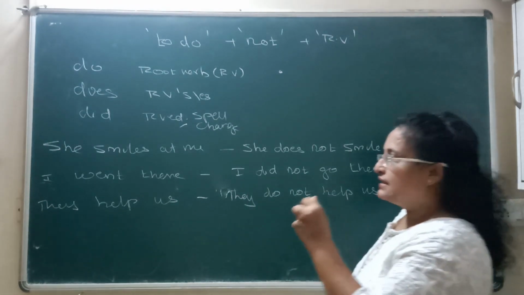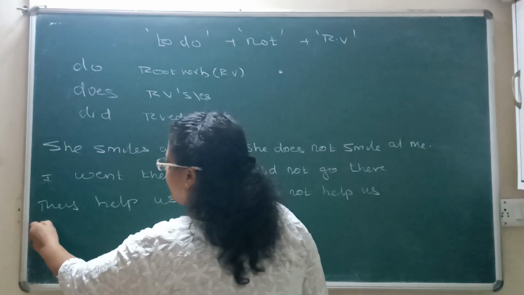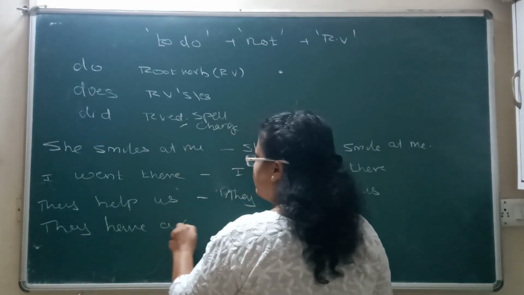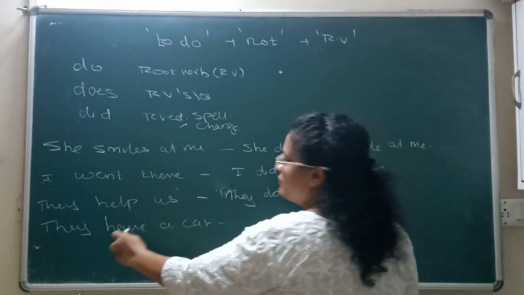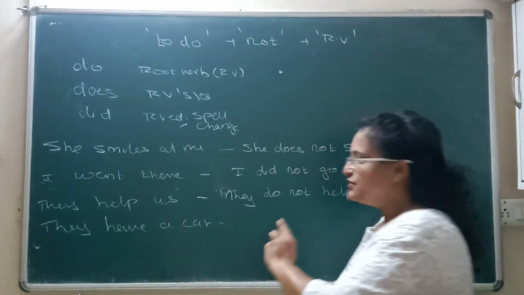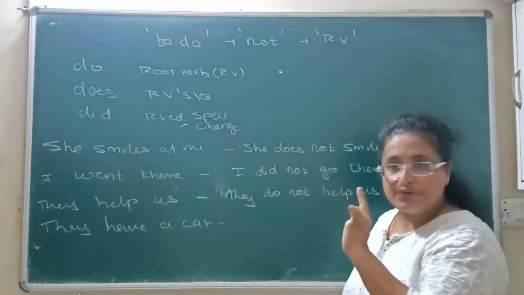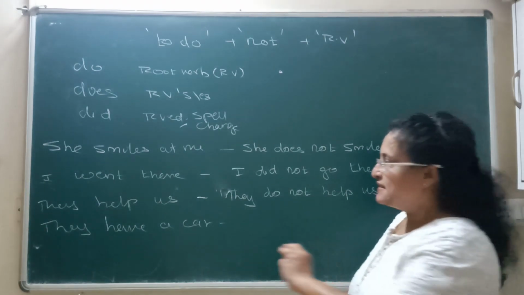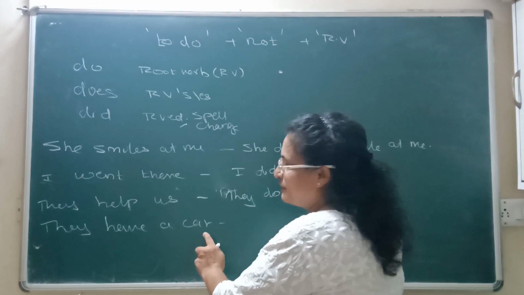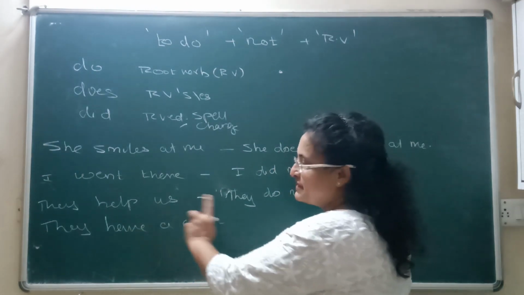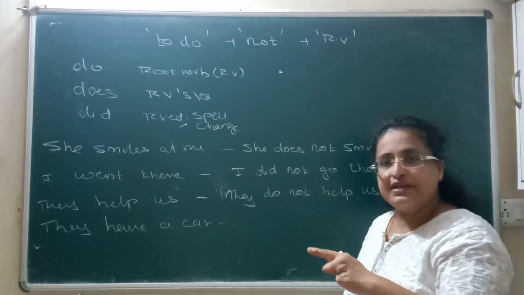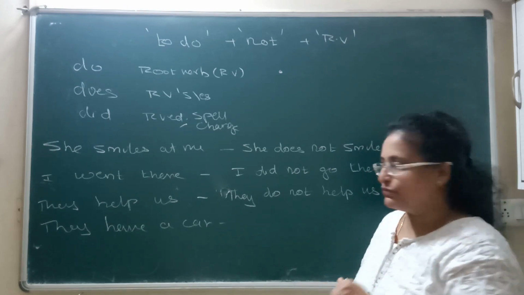So when it comes like that, for example, they have a car. They have a car. Now see here, have is used in itself as a finite verb. It's not used as a primary auxiliary verb in perfect tenses or perfect continuous tenses. Here, they have a car. So it is not having any participle form. So this itself is a finite verb. So when you are using negation, you have to take the help of the do form.